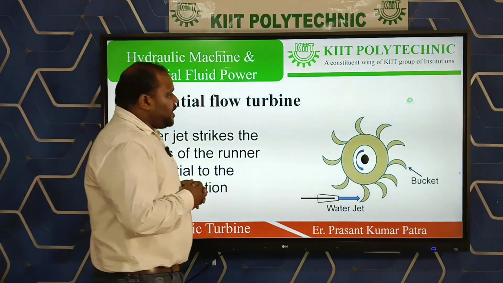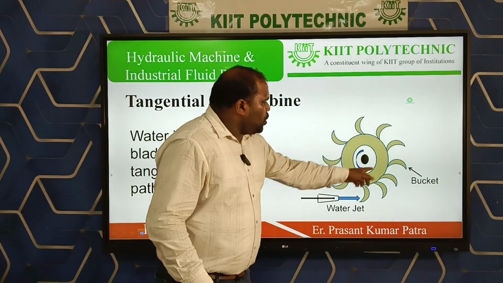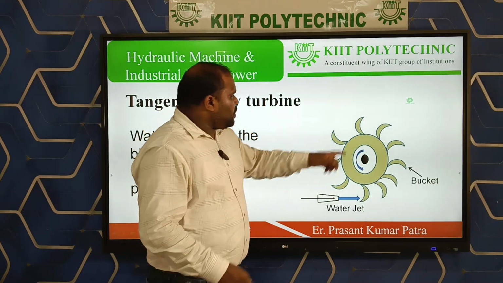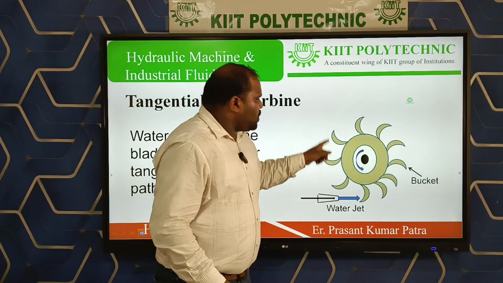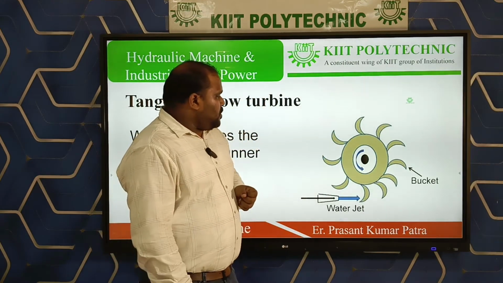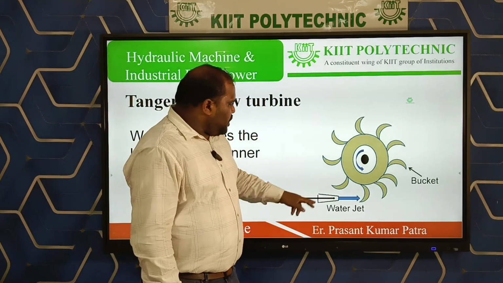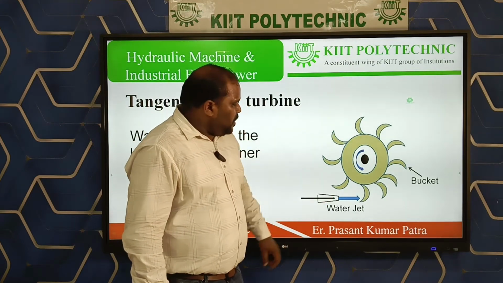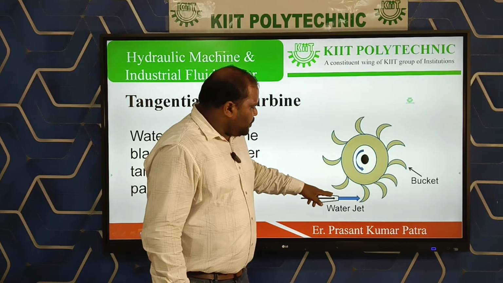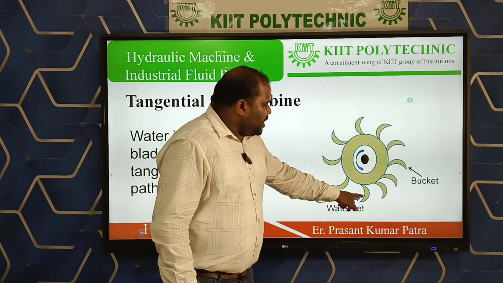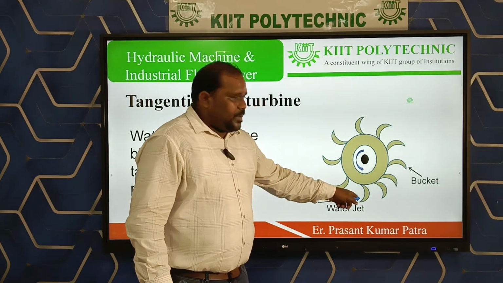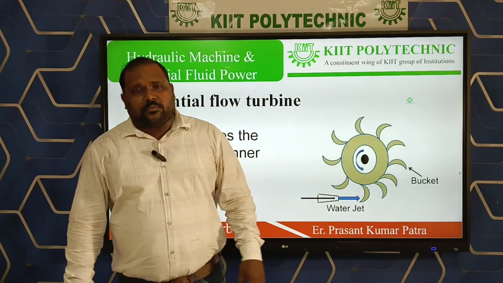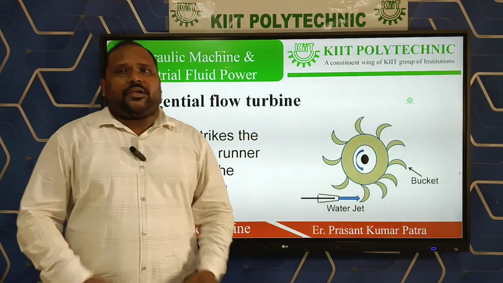This picture is showing the rotor or runner of the impulse turbine. These are the series of vanes which are mounted on the runner at equal distance. This one is the nozzle from where the jet of water is coming out, and when this water comes out from the nozzle, it directly hits the vanes or buckets, so that there is a conversion of hydraulic energy into